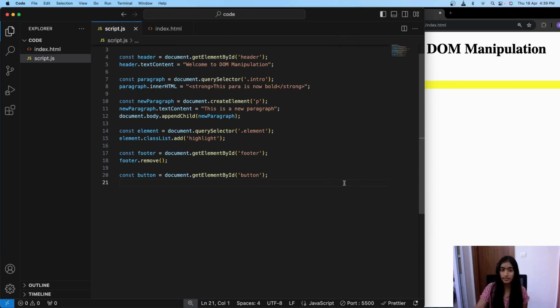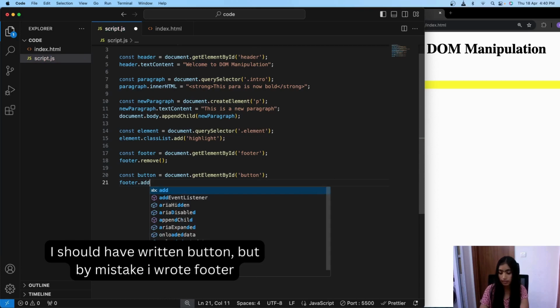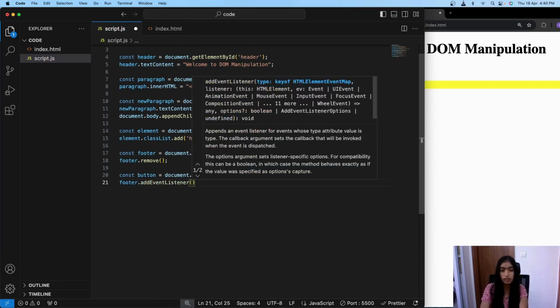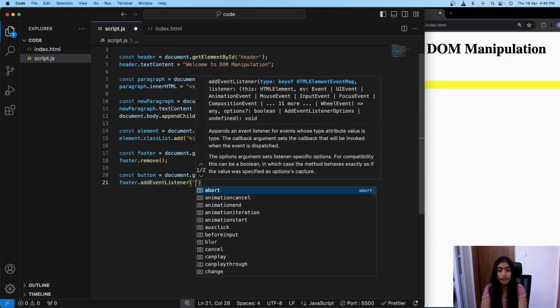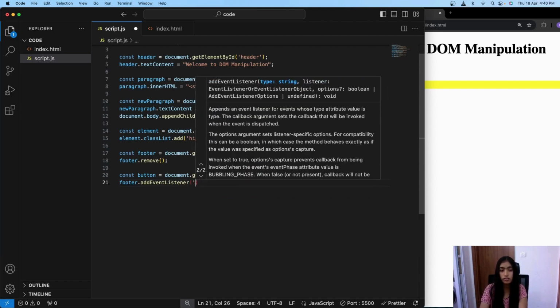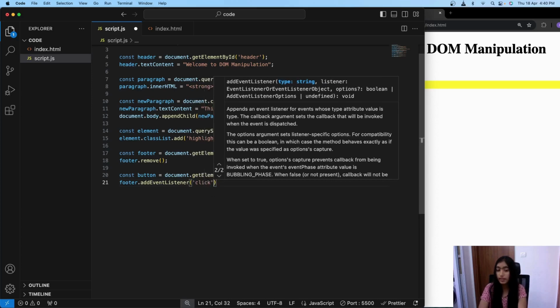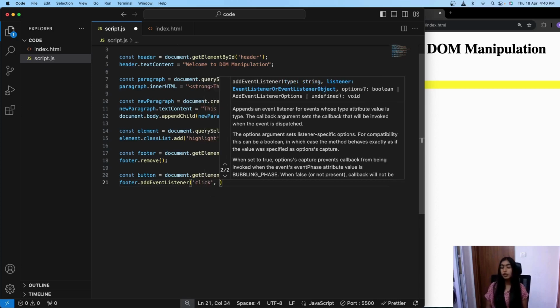So let's use addEventListener. First I'll show it. So button.addEventListener. Now here this is a function. First we have to write what action we are listening for in order to make something happen. We are clicking, so click. Now, separating it by a comma, we have to mention what we want to happen.